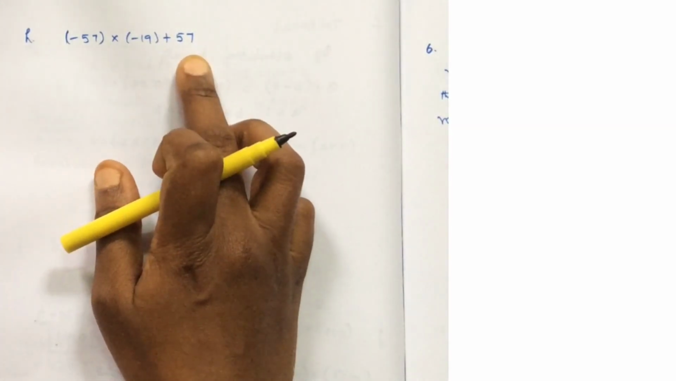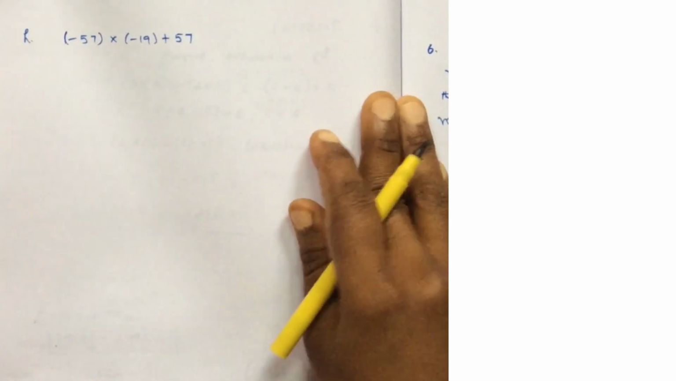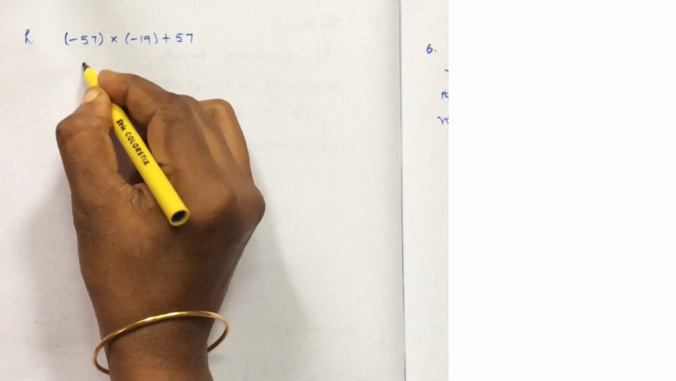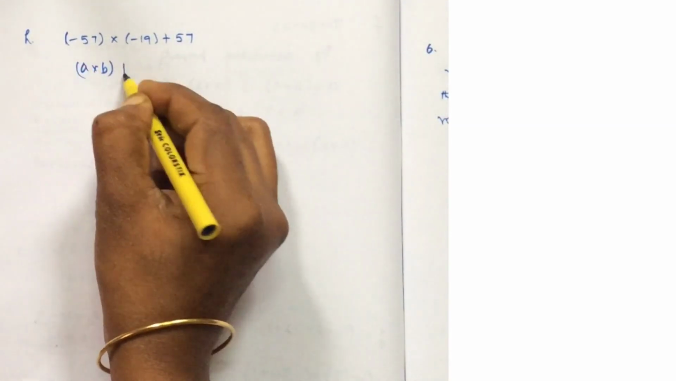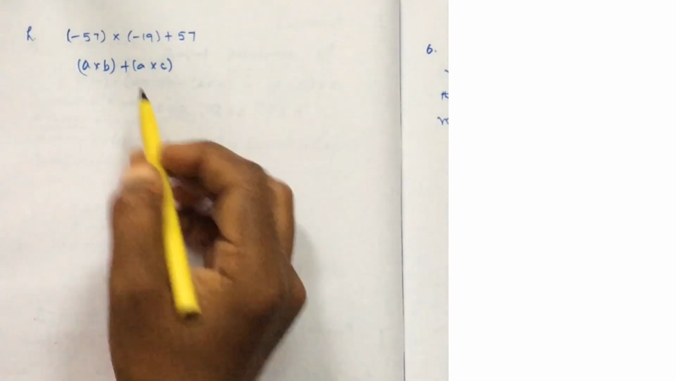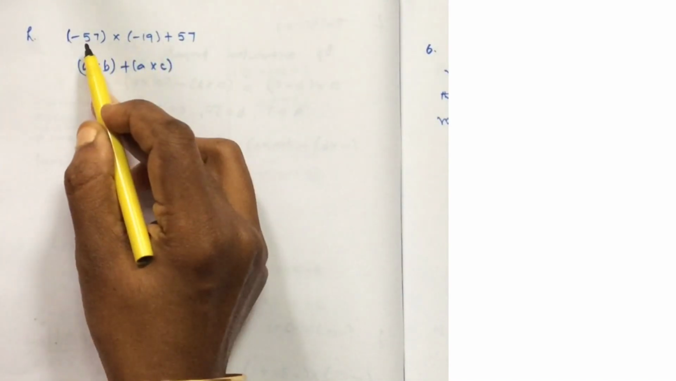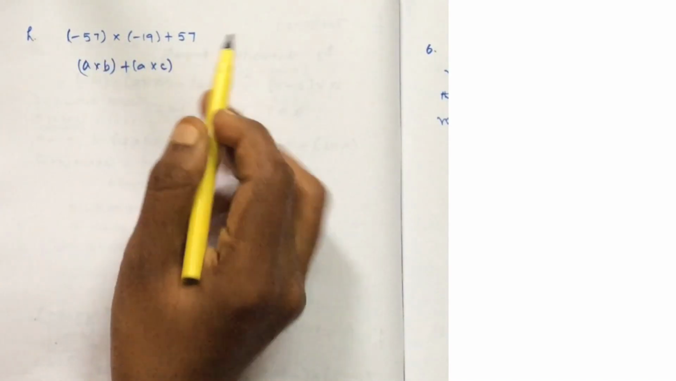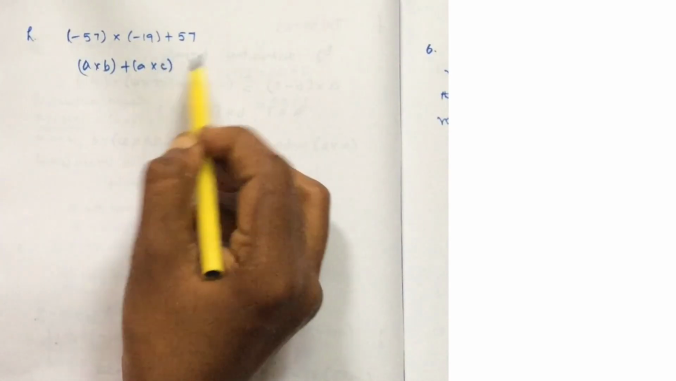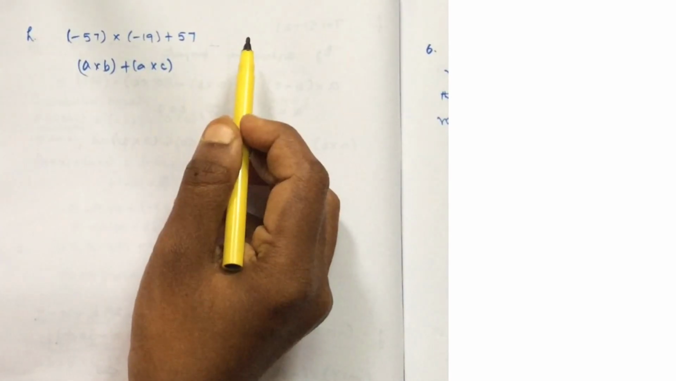The next problem is minus 57 multiplied by minus 19 plus 57. Here you can see there is one term missing. If you want to write in the form of a multiplied by b plus a multiplied by c, here it is a multiplied by b plus a. Here it is negative, here it is positive. We know how to solve this, but there is a c term missing over here. So what we can do is